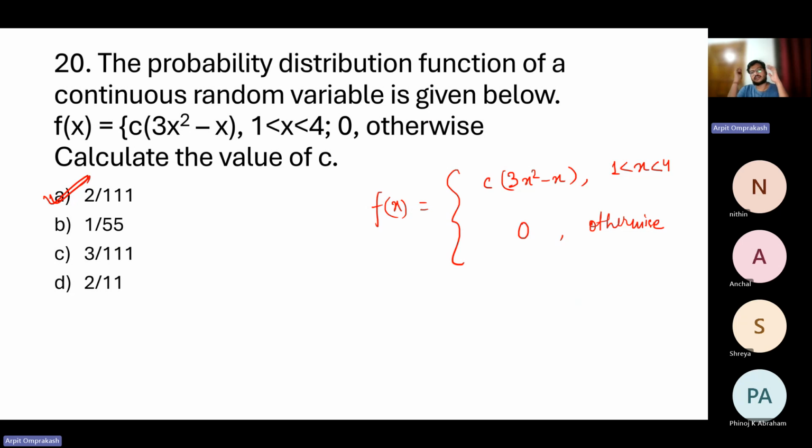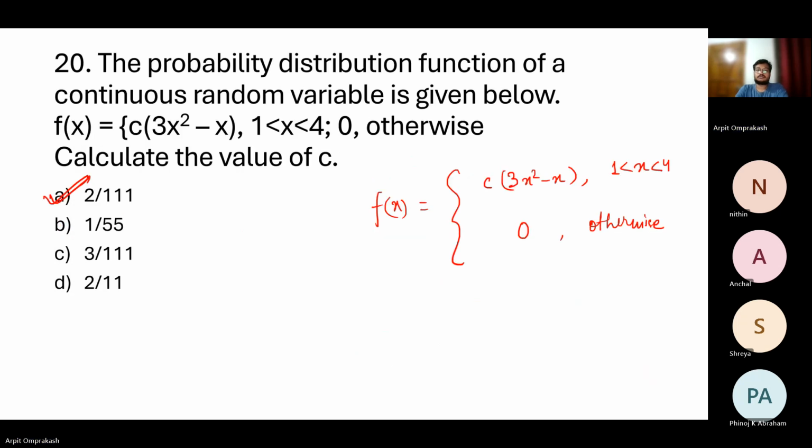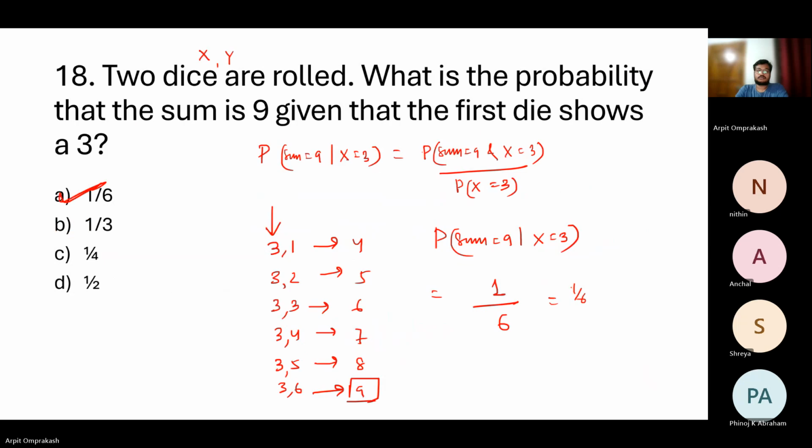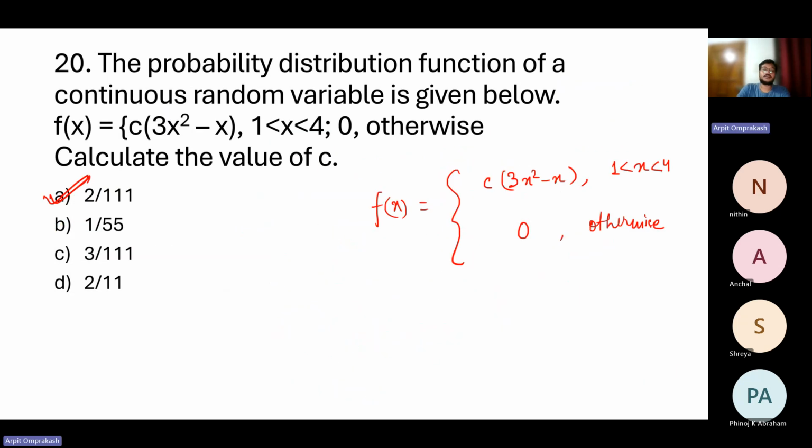Right. So when you have questions like this, which are very similar, what you need to do is remember that the sum of the probability mass function across all values for discrete random variables will be 1. And actually not this question, but if you have a similar discrete case, maybe you can do that sum of all the